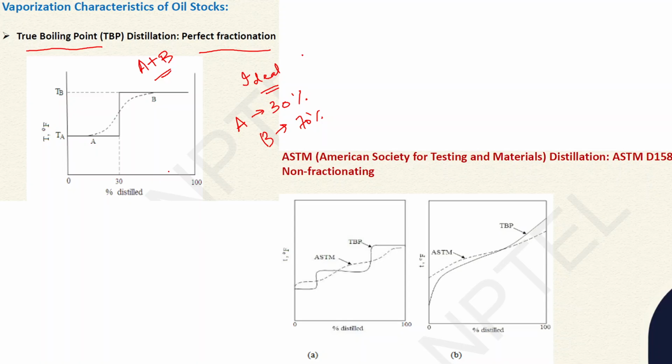If we heat it, suppose there is this component A which has the lowest boiling point. At first, during heating, this component A will be extracted. Then after that, the component B, whose boiling point is more than A, will be extracted. So that is basically distillation. It is the separation of different cuts of crude oil depending on their boiling point.